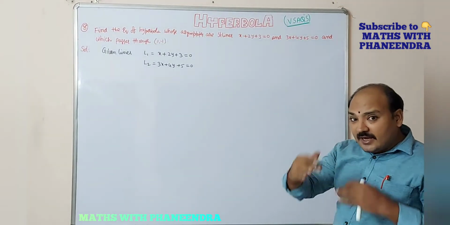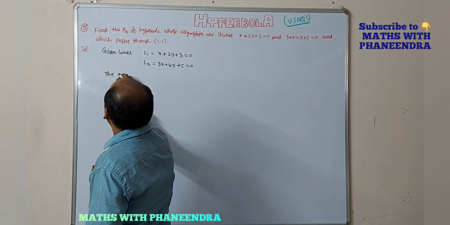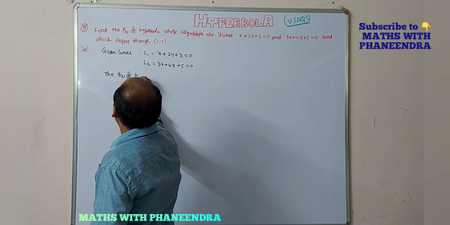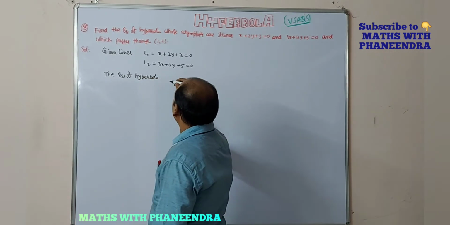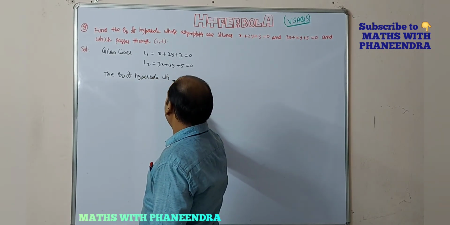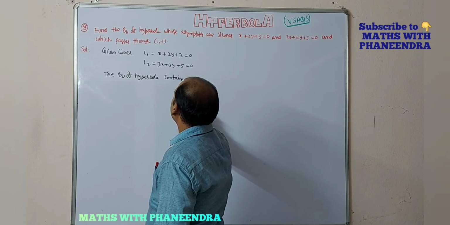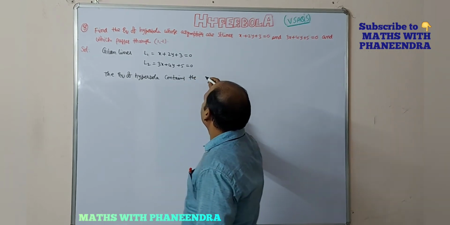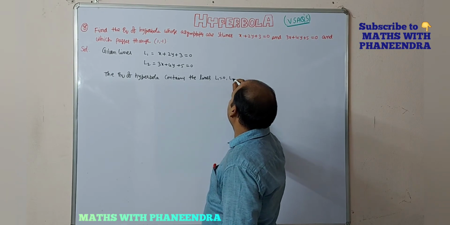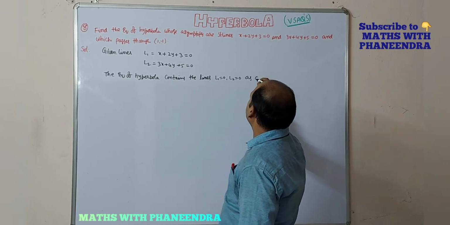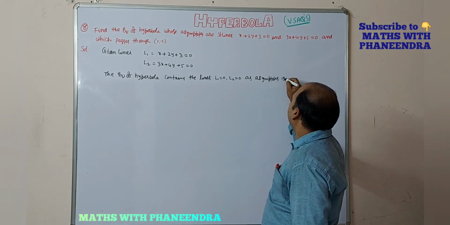These straight lines are the asymptotes. So the equation of hyperbola which contains the lines L1 equal to 0, L2 equal to 0 as asymptotes is